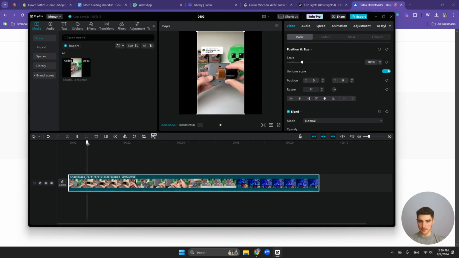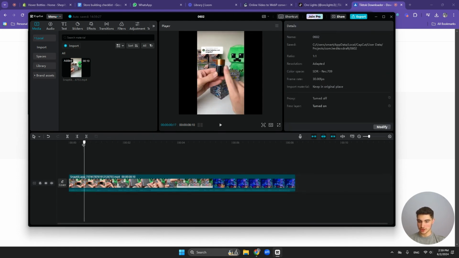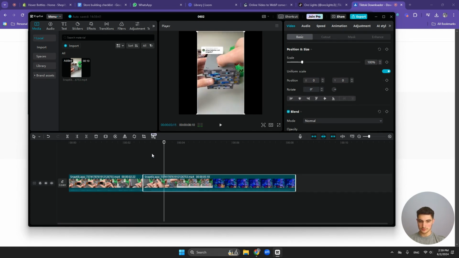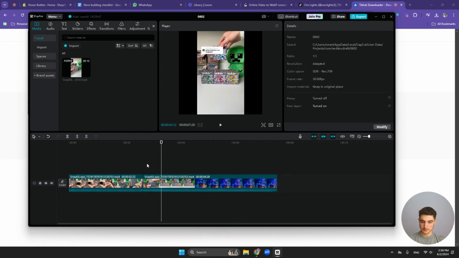We can cut this first part. That's an extra second. We can cut the thumbs up. We can cut the thumbs up part. And when I start turning it on,